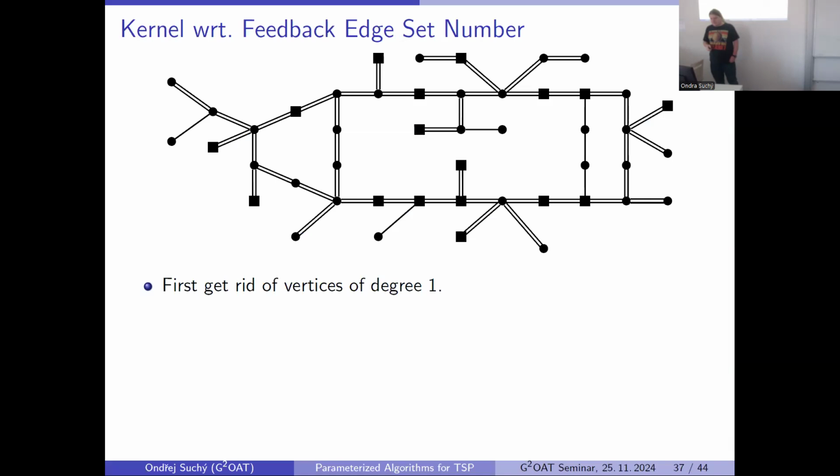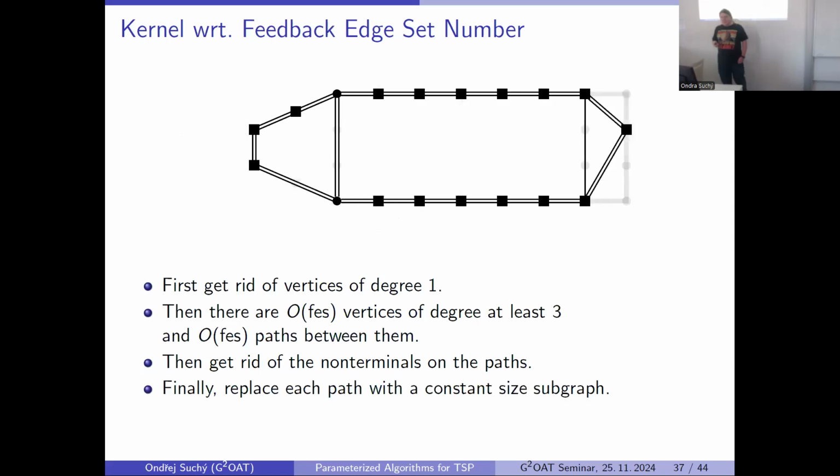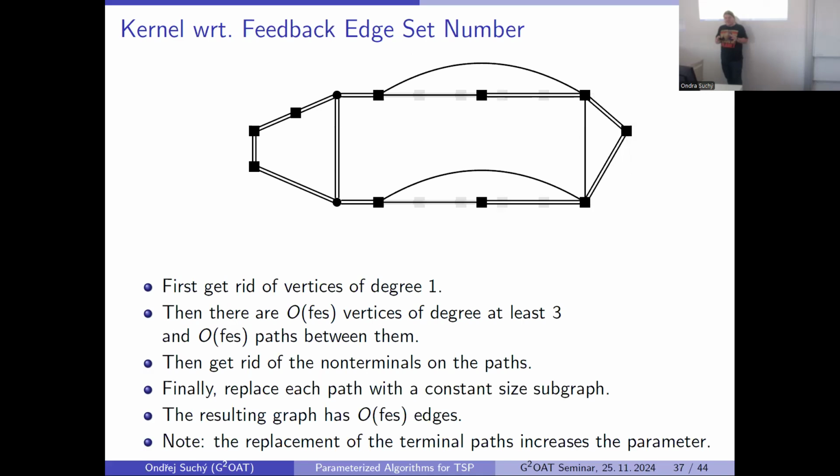Okay, so what does it do with our graph? First, get rid of all vertices of degree 1, which does something like this. Now you use the rule that removes all non-terminals from the path. Then you use the rule which takes a long path of terminals and replaces it by this graph which has